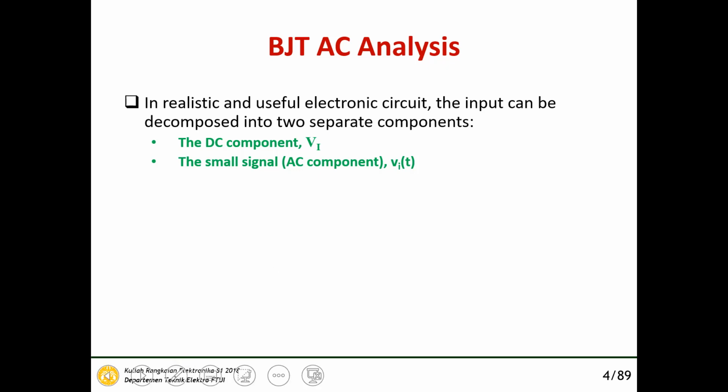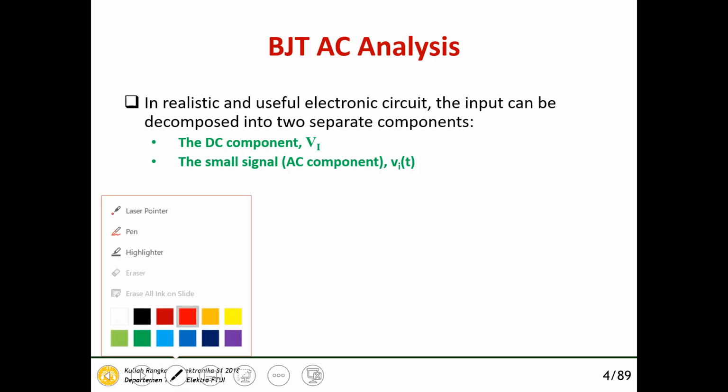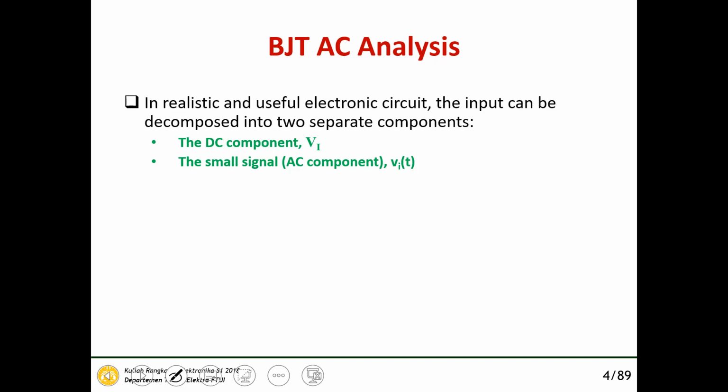So we can amplify a signal from the input to the output, and the input can be decomposed into two separate components. There is a DC component, V1, where we use a large V, and then the small signal or AC component,